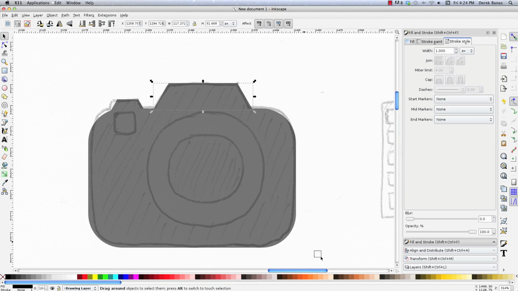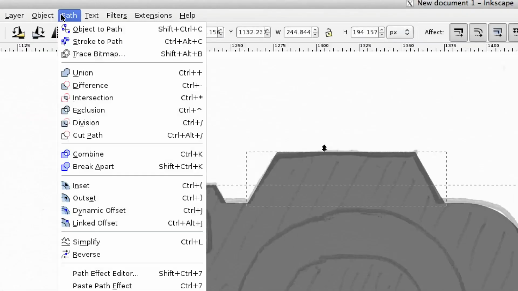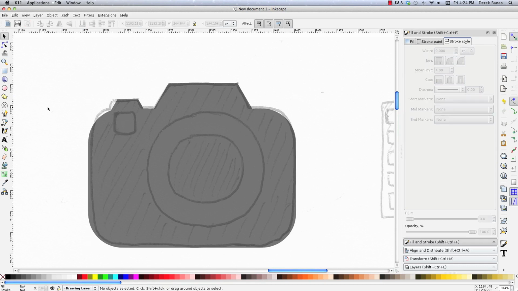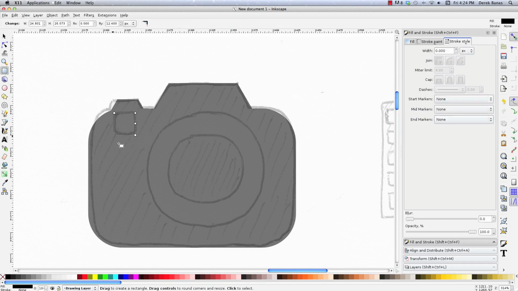Okay, so we're going to select everything here, and we're going to go into Path and do another union. So there we go. Now I've got to cut this little part out. Rectangle tool again, come in here, draw that inside of there, and this time I'm going to make this white,